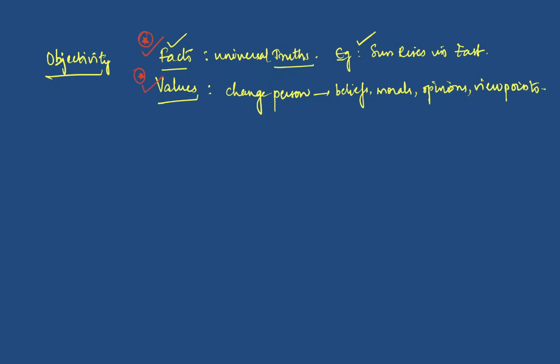For example, if we take a value, you can take a value like having non-veg, for example, having non-vegetarian food. For some people, we think that it is okay to have it and we enjoy the meal. Whereas for others, we feel that it is not good to have non-vegetarian food. And there is also a scientific explanation whether non-veg is good or not. That is based on facts again.